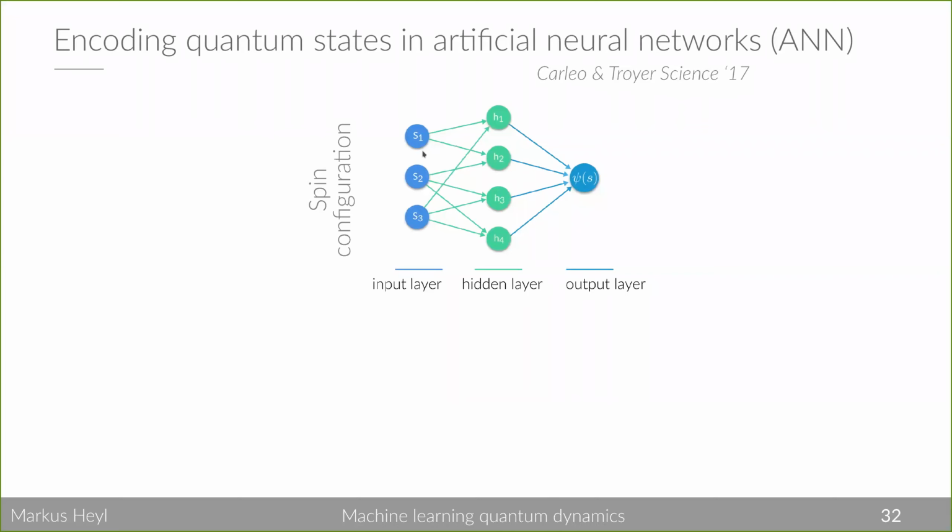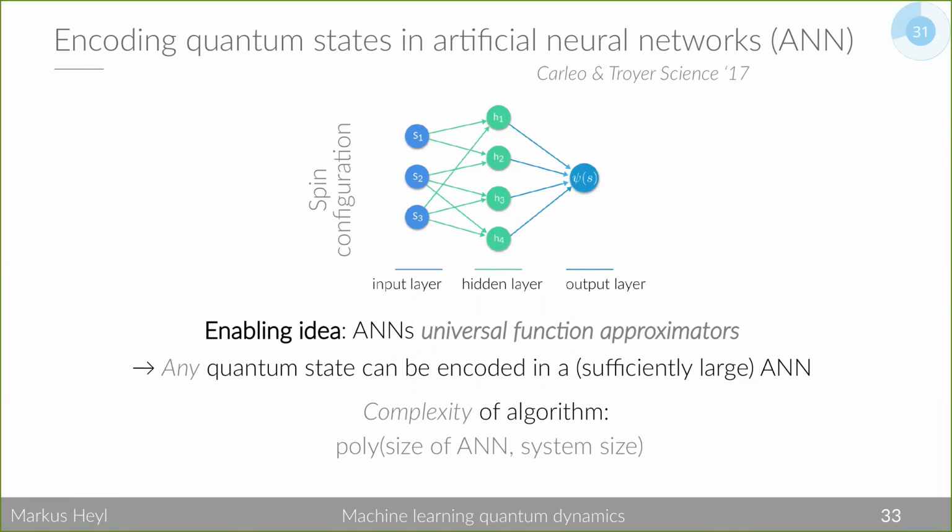So here for 3 spins, say S1, S2, S3, you process your spin configuration through your network, with the output of the network being your desired quantum many-body amplitude. That's your output. So it naturally is such a machine to generate your